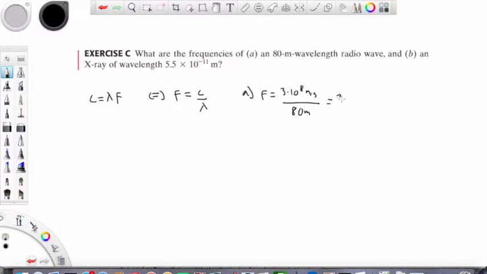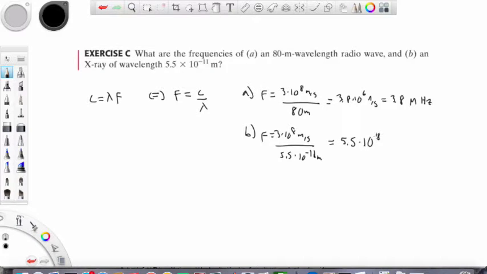This gives a frequency of 3.8 times 10 to the 6 1 over s, which is the same as 3.8 megahertz. And B, for the X-ray, the frequency would be 3 times 10 to the 8 meters per second divided by the wavelength, which is very short, 5.5 times 10 to the minus 11 meters, and correspondingly the frequency is very high, about 5.5 times 10 to the 18